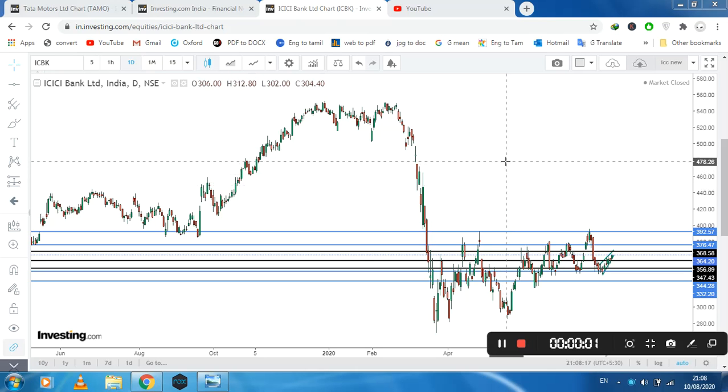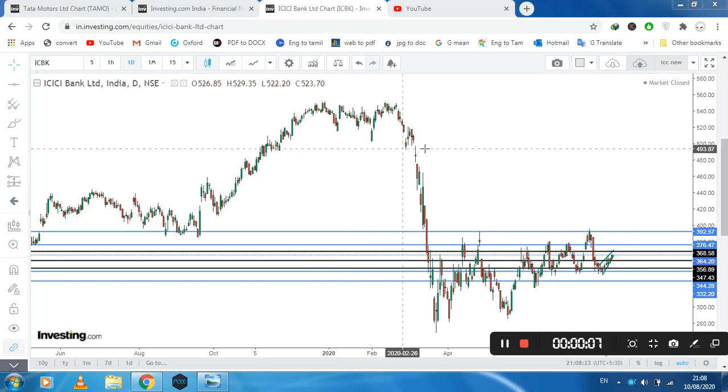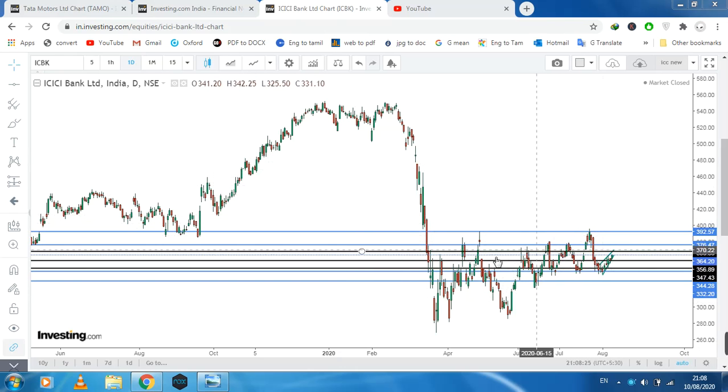Okay, let's go. Today we are going to talk about ICICI Bank Limited. This is the daily chart of ICICI Bank. I drew all these support and resistance levels on the daily and hourly charts because we are going to analyze with them, using multi-time frame analysis and any other pattern formation, and look for profitable chances in the current situation of the ICICI market.